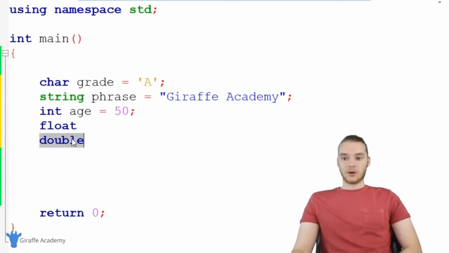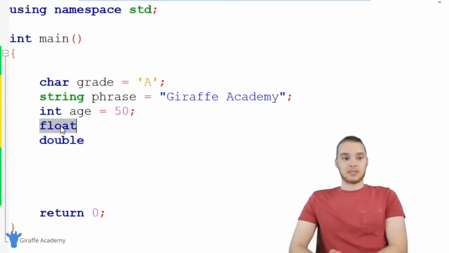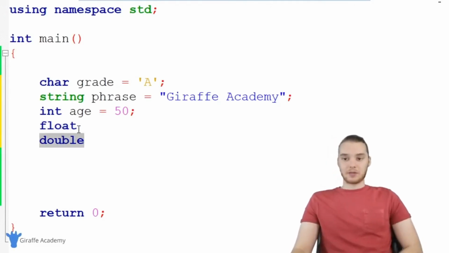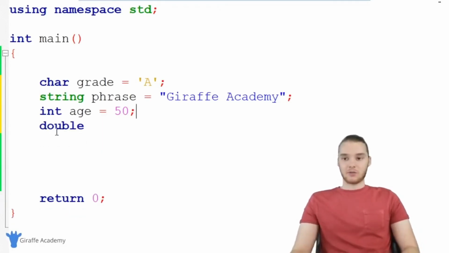So a double can store more decimal points than a float. So if you need a number to be very specific as far as how many decimal points you can take it to, then you definitely want to use a double. And I would say for the most part as a beginner, just only worry about doubles. Floats will be used more in specific circumstances, but as you're just learning this language, really just worry